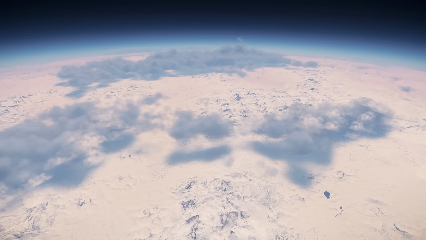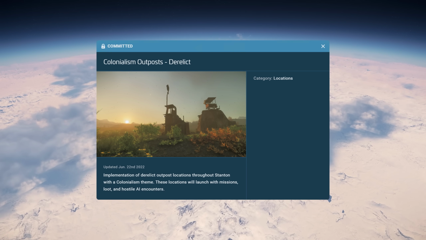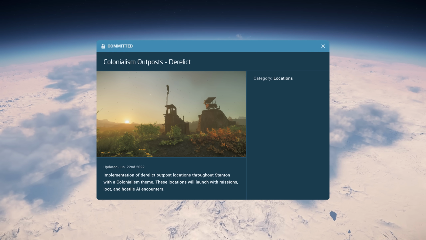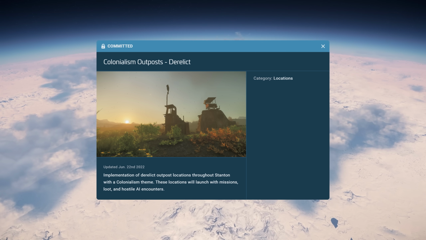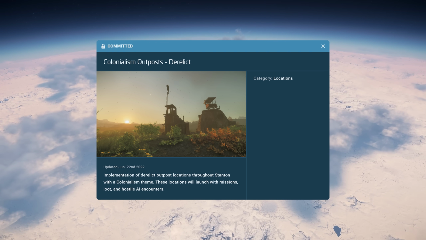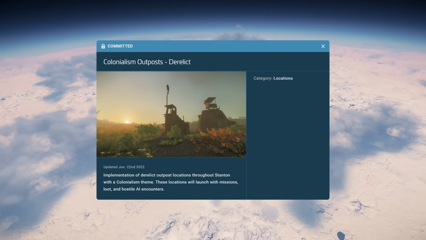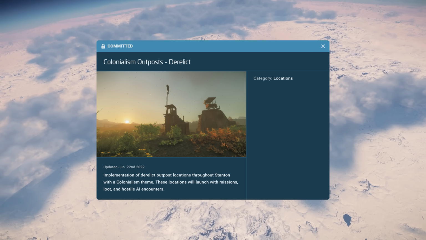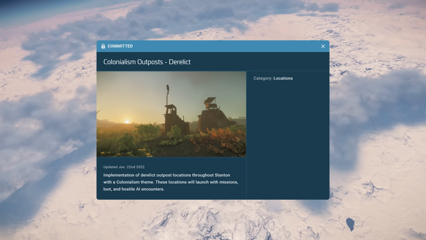So, new feature for 3.17.2, Colonialism Outposts Derelict. Implementation of derelict outpost locations throughout Stanton with the colonialism theme. These locations will launch with missions, loot, and hostile AI encounters. The colonialism themed outposts I thought was supposed to be implemented in the Pyro system first, but this appears not